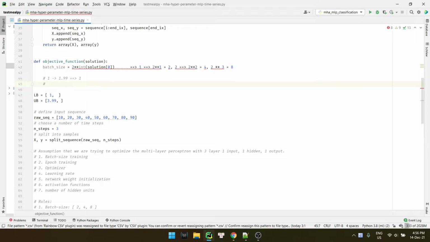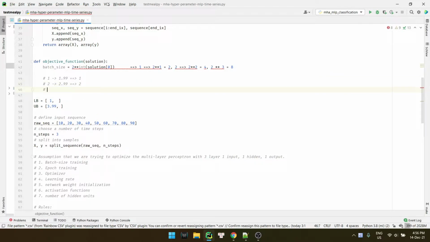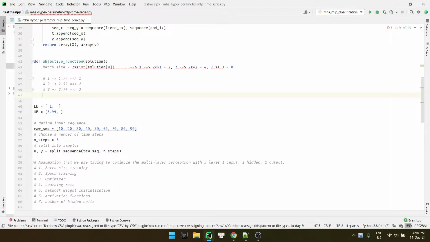But if solution index 0 returns a value from 2 to 2.99, it will return 2, and from 3 to 3.99, it will return 3. Okay.